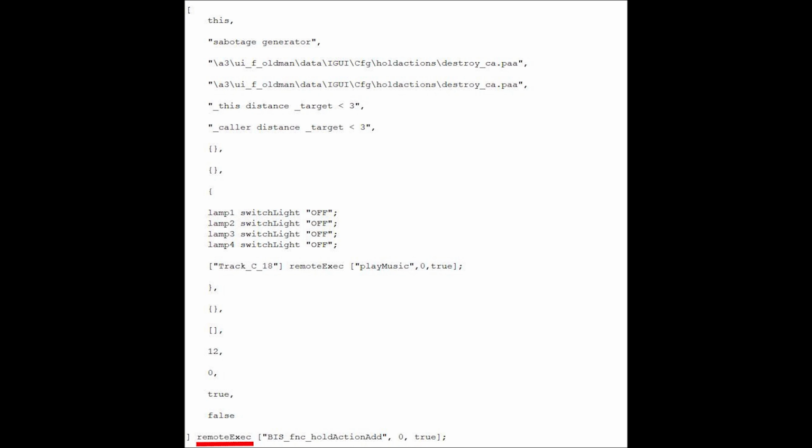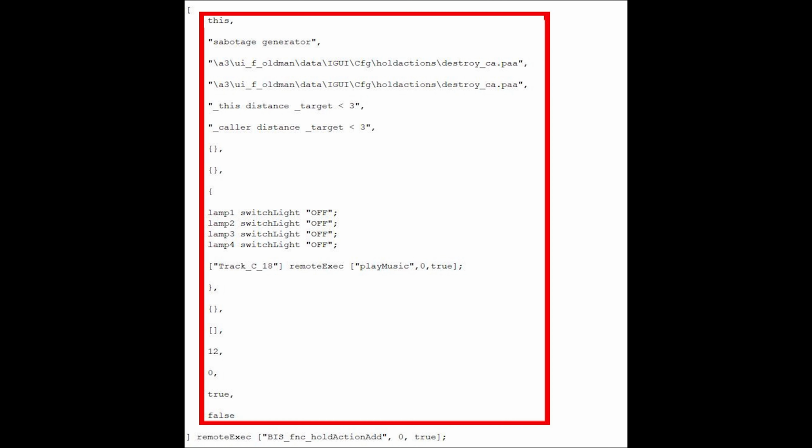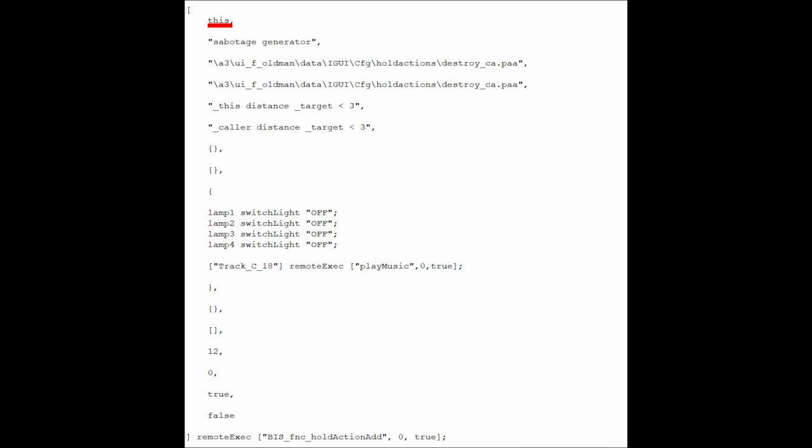Part 1 of the code uses a remoteExec line which will execute a given function for all clients connected to the server. In this case, we are using the hold action function, which is set to execute for all clients with the JIP enabled. This function requires an array on the left-hand side of the remoteExec, which will define the hold action. This includes the name of the objects the hold action is assigned to, using the phrase this, the text which will be displayed on the hold action, which will display sabotage generator,